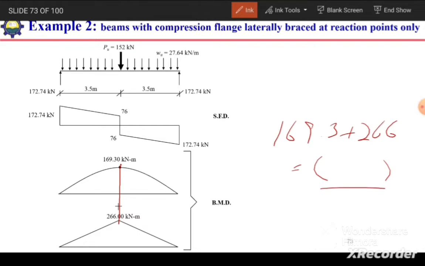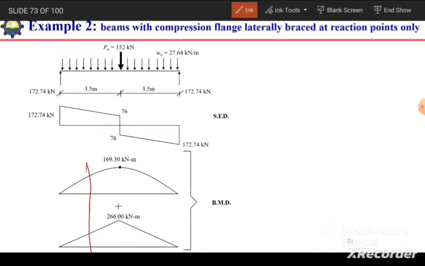So we can calculate the maximum bending moment, M maximum, and it will be equal to MB, the moment at the center. And to calculate the moment at this quarter point, meaning half of this 3.5 meter, at the location of 1.75 meter on this side, similarly on this side. So for that we can calculate it by MA is equal to